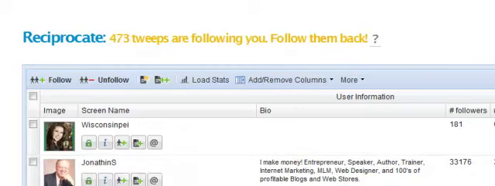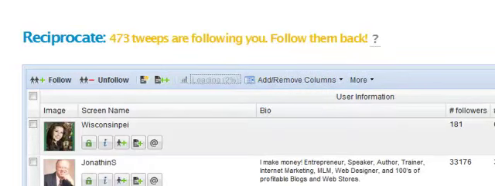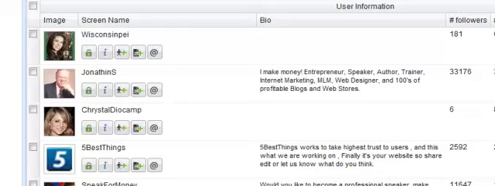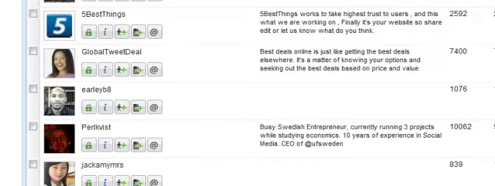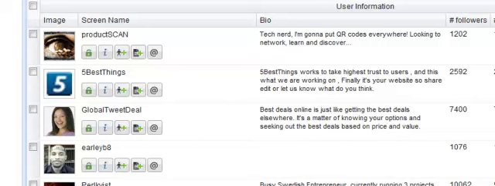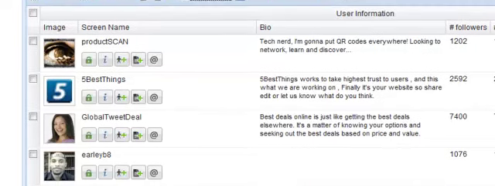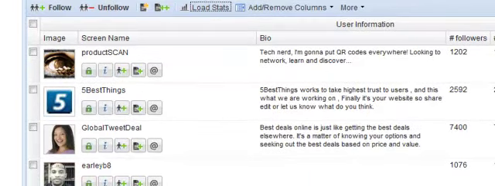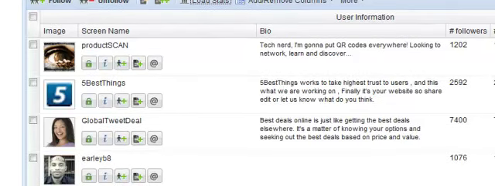to follow them back? Now I'm gonna load the stats, because I want these links to show up here so I could see what their audience is engaged in. So now that you know these metrics and you understand the metrics, it'll be easier for you to look at the bigger picture. Okay, so here, let's see, these people are following me and I'm not following them back. So I can go through here and look at the ones that I want to actually follow back, because I want to keep my ratio as close to 1-to-1 as possible.